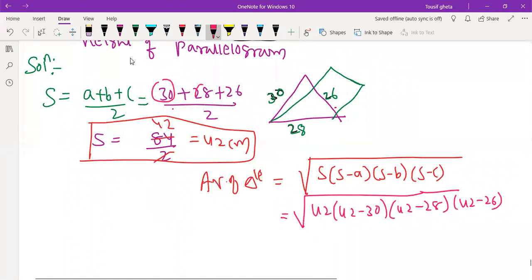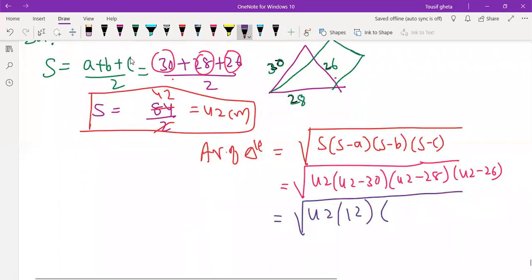I'm not doing it on my own, right? This is the third question of the fourth question of the second exercise. Now I can't do it all because it will take time. So we'll get 42 minus 30 is 12. 42 minus 28 will get how much? 14. 42 minus 26 will get 16. Yeah, 16. Exactly 16. So now it is your job how you like to do that.